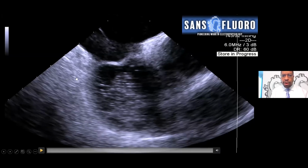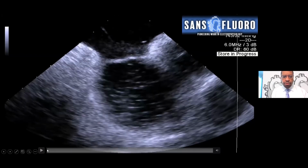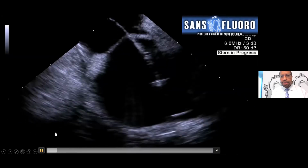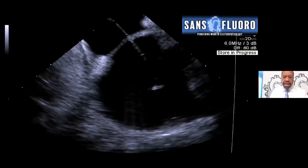But even when your images aren't the best, and we all know ICE can be technically difficult, it's easy to see, yeah, we got bubbles on the left side after we crossed. And finally, you can see the catheter coming across. Having visible sheaths, I was asking for this for 3 years prior to development, and it's nice that we have one of those now. So going forward,